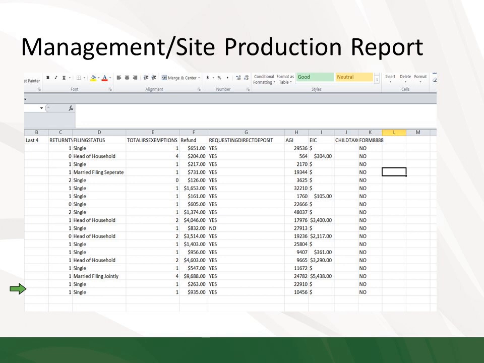So here you can see the site production and management report inside of TaxSlayer. It's very simple. I recommend switching it to a pivot table if you understand that. But here you can see some of the major pieces of information that TaxSlayer is collecting that the